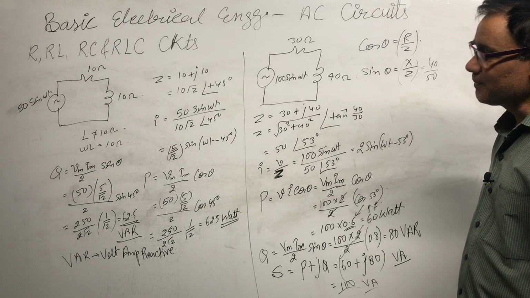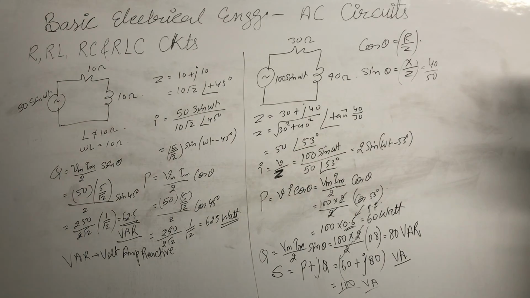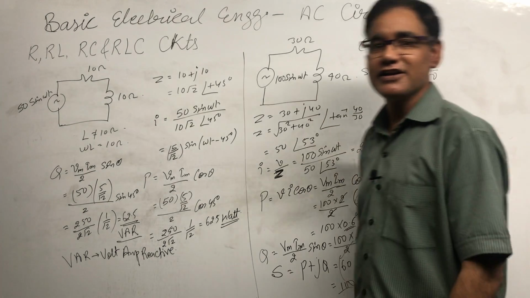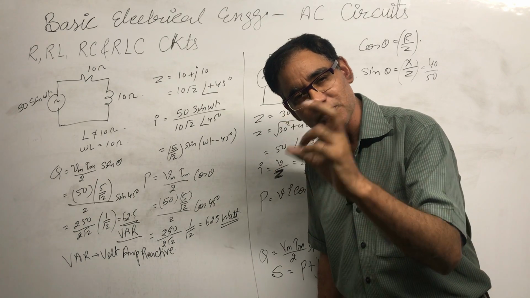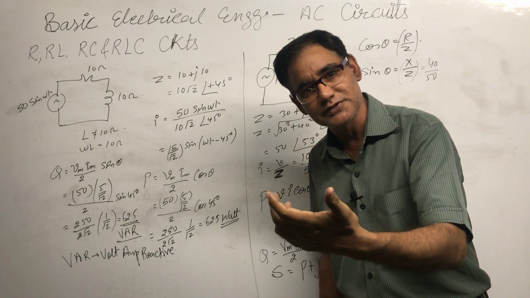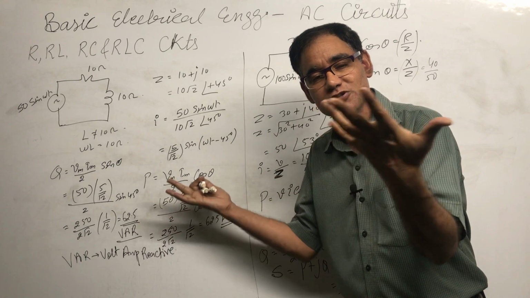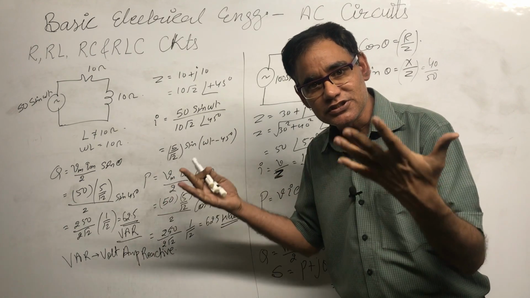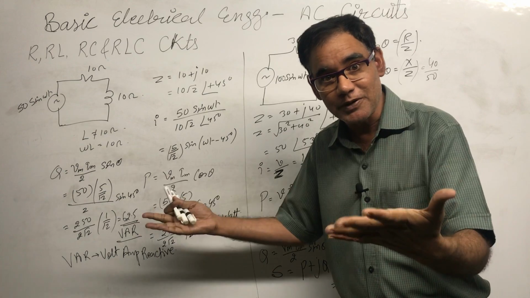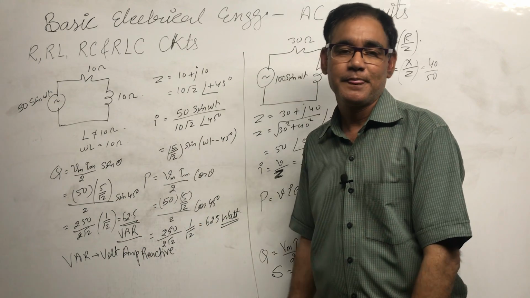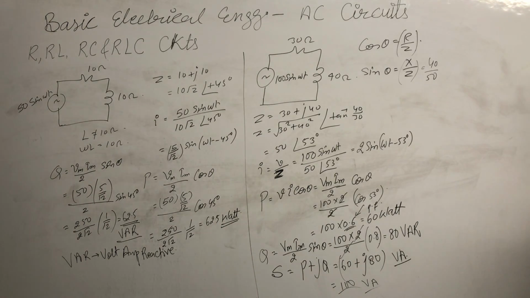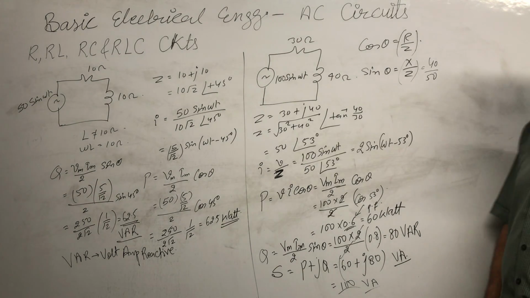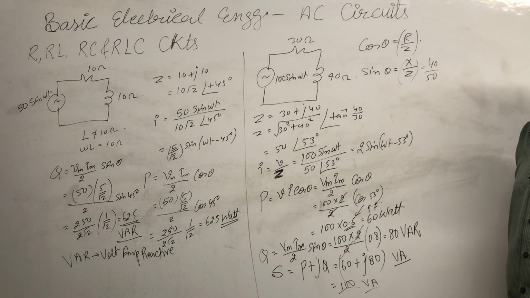That is power factor. Power factor is nothing but the real component of impedance with respect to total impedance. Means real component with respect to total. So that is power factor. That is real power, the component of power as compared to total power, the apparent power. In this way we can find out the values. So this is a good example. You can understand most of the things from this particular example.